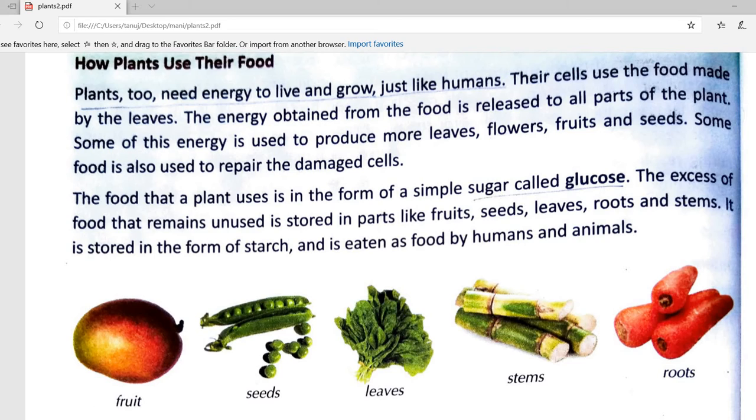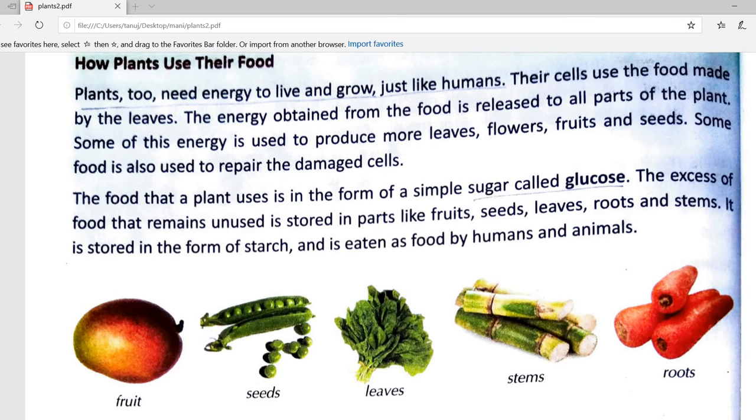So the plant uses this food in the form of sugar called glucose. As we take food like chapatis, but the plant gets that food in the form of sugar, and that is called glucose. The excess food that remains, which is not used by the plant, is stored